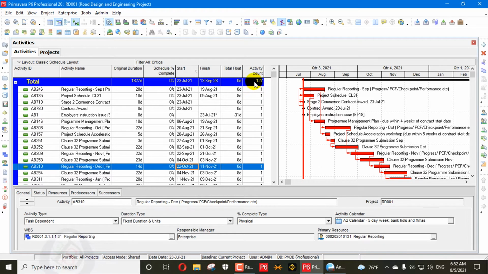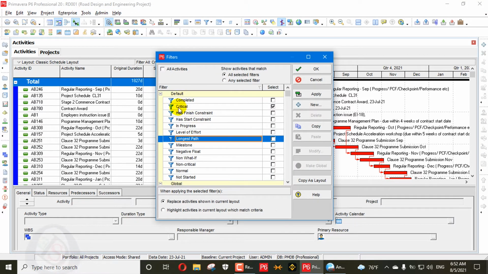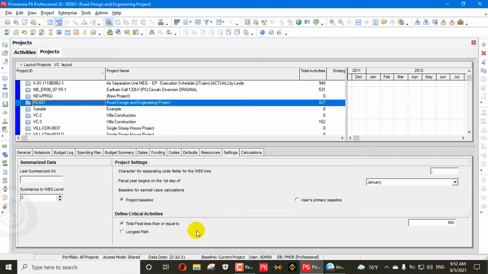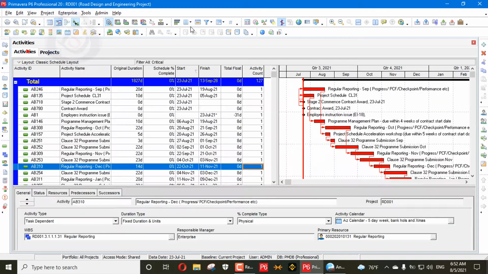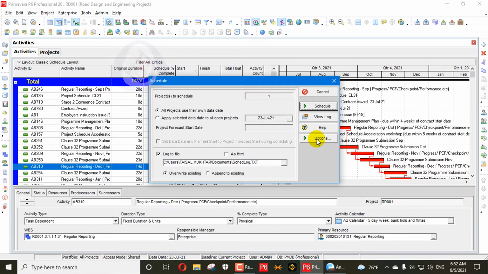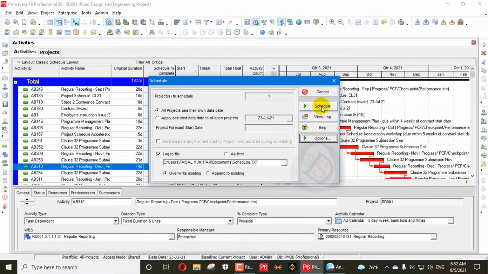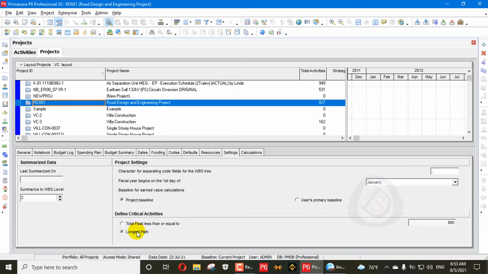You can also increase it. This basic setting for the critical filter is based on what you have set in defining your critical activities. Here it is 80 hours, which means I have assigned 80 hours of total float to calculate our total float. If you change settings from here or there, both settings are linked, the project level setting and the schedule setting. When you press F9 and open options, you can change the setting from here. If you change the longest path setting here and then go to the project settings, you will see the longest path setting has also changed.